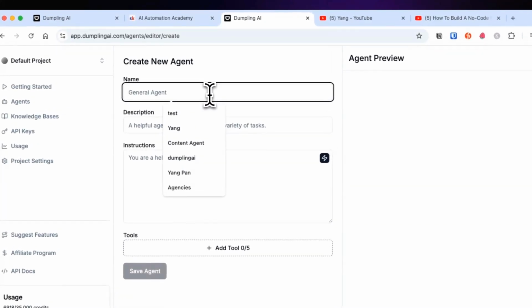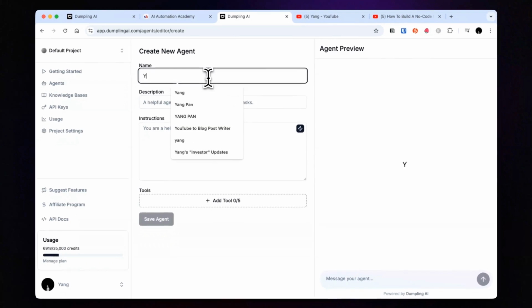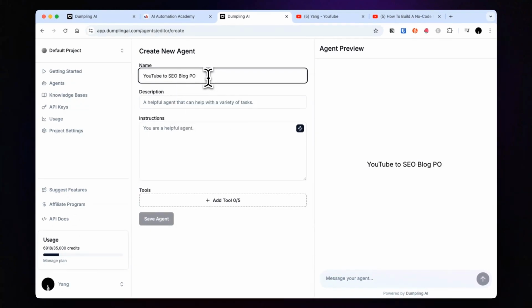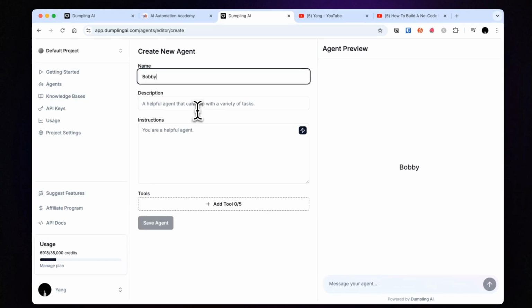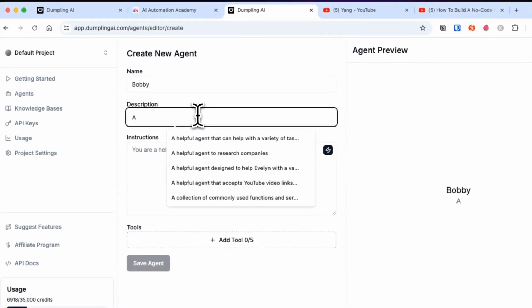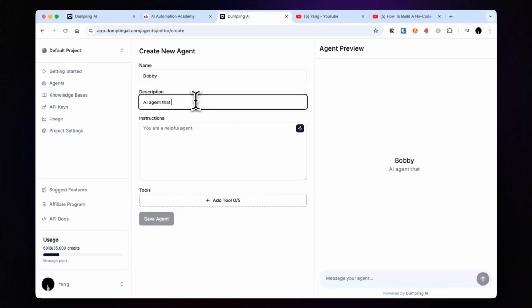For the name, let's just say we are doing, again, the YouTube to SEO agent. Now you can call it whatever you want, right? You can call it something descriptive like this, or you can call it just like Bobby. You can call it whatever you want. But I might call it Bobby today and say, hey, agent that turns YouTube videos into blog